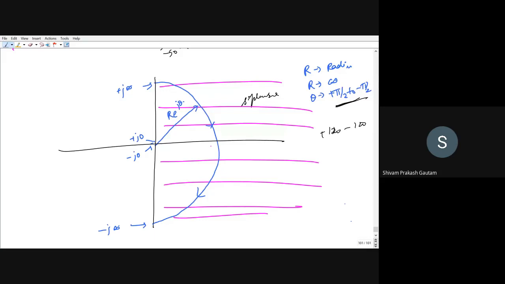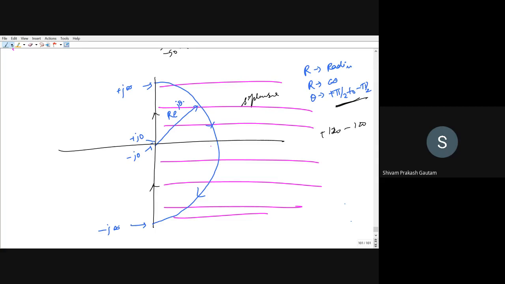Yes, sir. This Nyquist plot is used to determine whether the system is stable or unstable, right? Correct. We will see. There are some steps required for you to understand, so that you will be in a position to determine whether the system is stable or unstable, like we have seen in Routh-Hurwitz and in root locus as well. So there are some steps involved here. Just pay attention, then you will be able to do that.